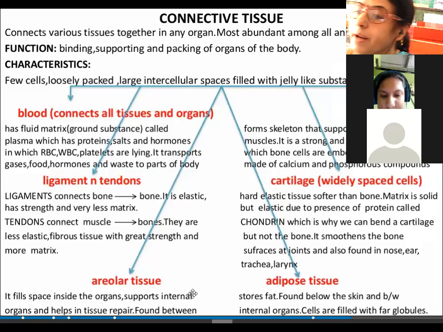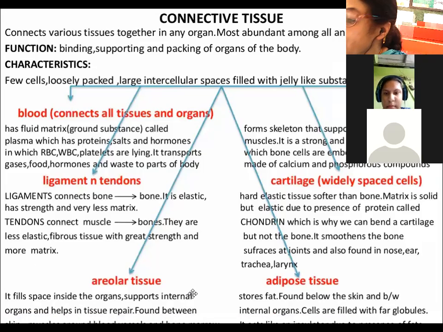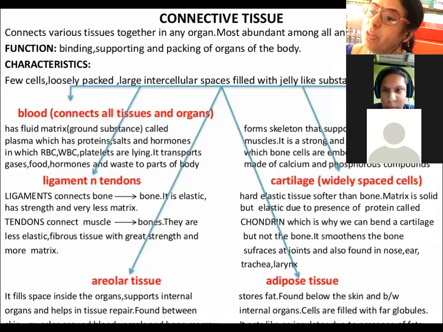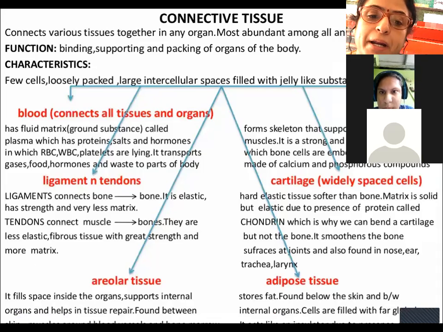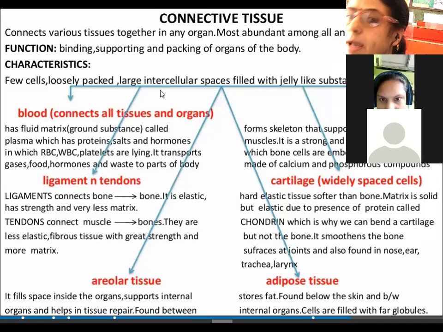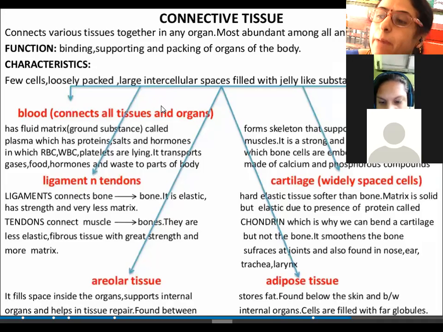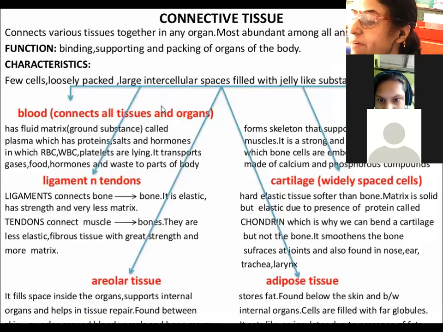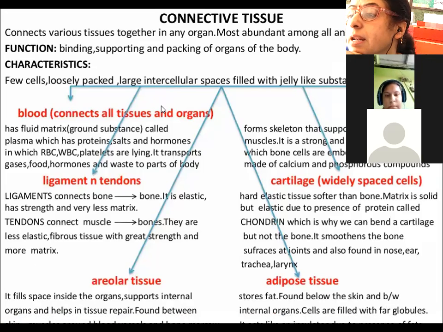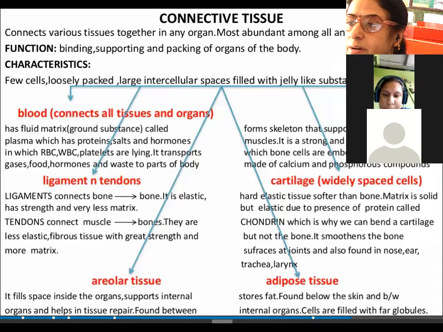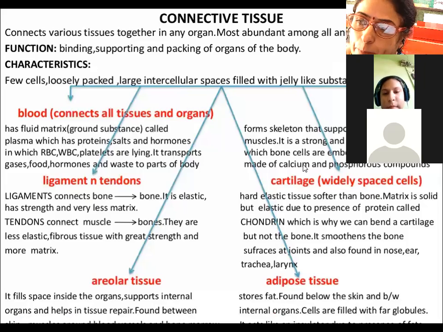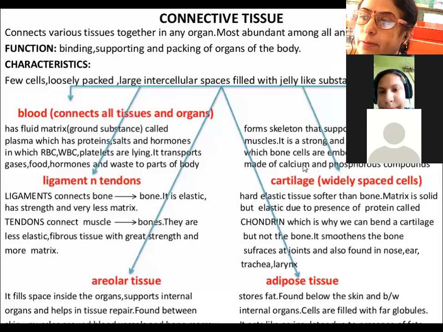Now, if I talk about the nervous tissue, there is one more type of connective tissue along with the blood. Along with the blood, there is one more type of fluid connective tissue. Have you ever heard about lymph? Along with the blood, there is one more tissue, a fluid one. That is called lymph.